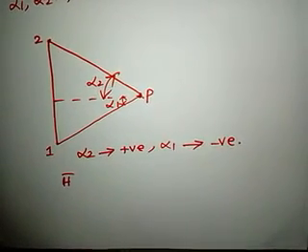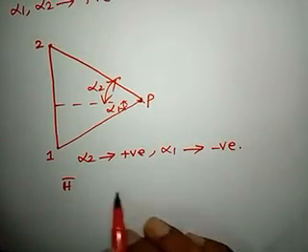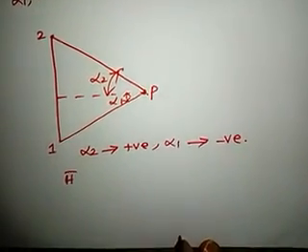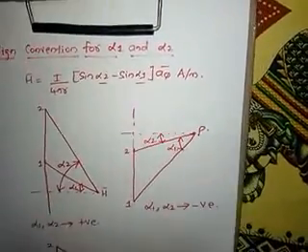Like this we can find the value of the magnetic field intensity considering the signs for alpha 1 and alpha 2. With the understanding of this sign convention for alpha 1 and alpha 2, now let us move on to find the magnetic field intensity by considering an example. We'll solve an example here.